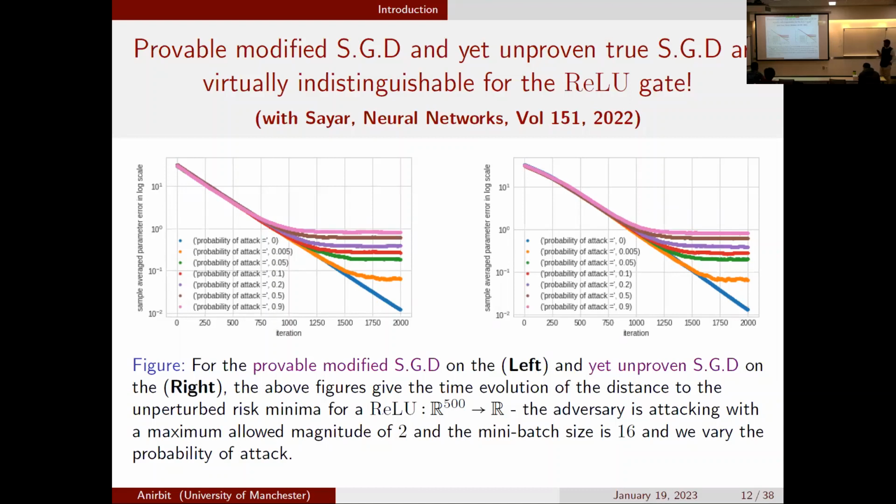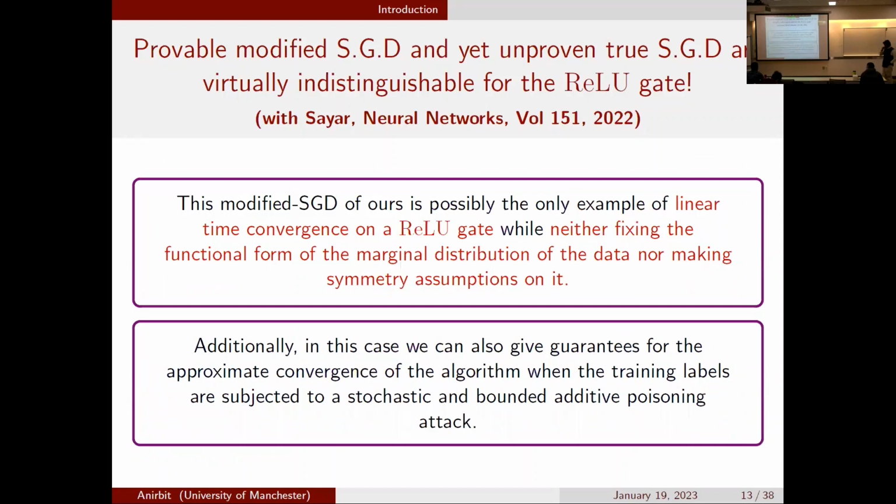While, as always, for the right-hand side picture, we don't have a proof. I don't think anyone has a proof, to the best of my knowledge, but for the left-hand side, we can make a proof. So provable convergence is possible if you slightly change the SGD. And this is, I think, an interesting mathematical observation. This was essentially the first linear time convergence on a ReLU gate,